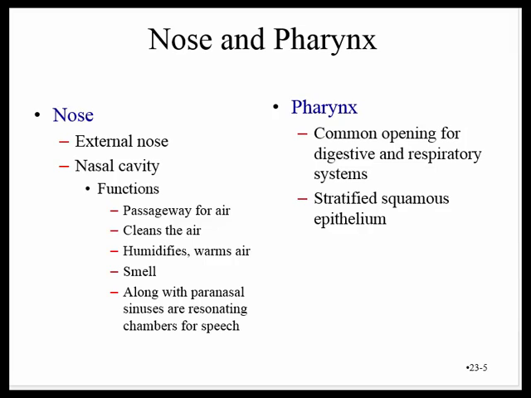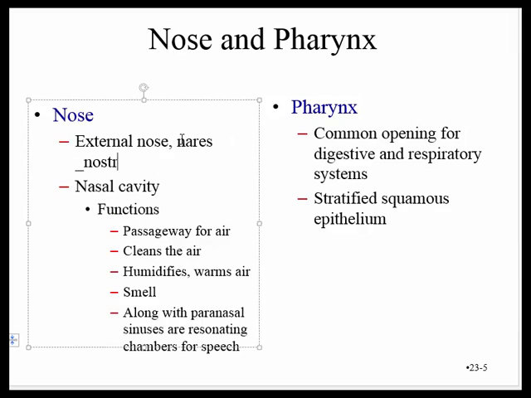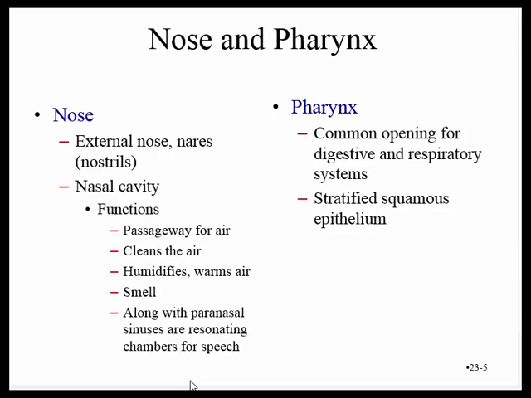What we're going to do is take a walk through the respiratory system as if we were to follow a molecule of air. First it's going to enter through the nose, and we have the external nose and also the external nares, which are the nostrils. That's where air will enter. And then inside of there is the nasal cavity. The nasal cavity has a number of functions in addition to just smell, which I'm sure you're used to. It's a passageway for air,